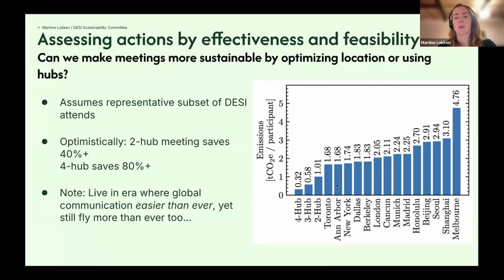I should mention one big assumption with the hubs here is that the same subset attends. So we weren't assuming here that the number of attendees would increase with the hub models. That might not be true. We might actually have more attendees when we do hubs because they'll probably be lower cost and closer by. So that might mean that the emissions reduction isn't quite as good as we're estimating here. But we don't really know yet. There are also fluctuations in funding and all sorts of things that might affect this. So we'll actually see when we do one. I mean, even if it was twice as much, that's a significant saving.